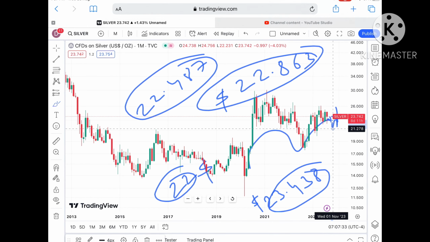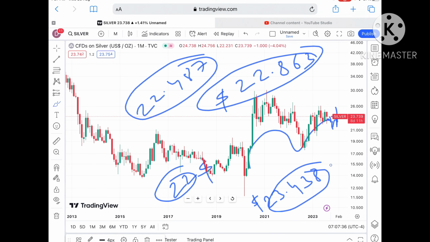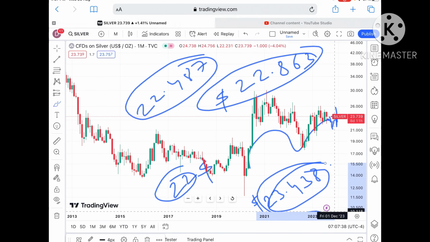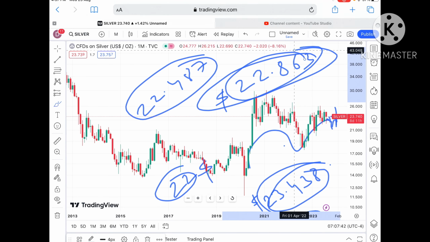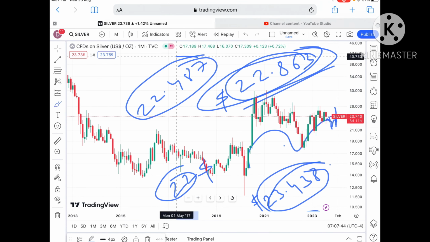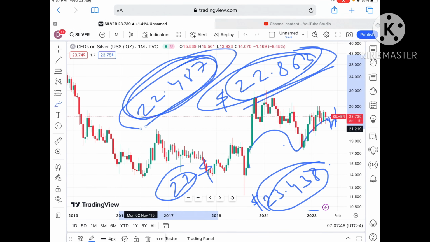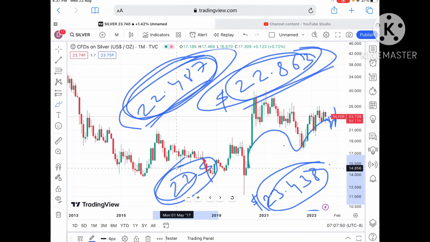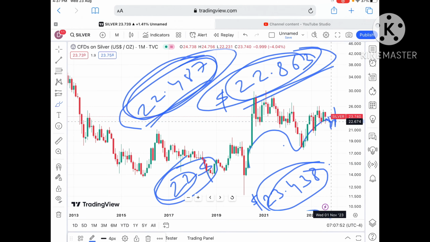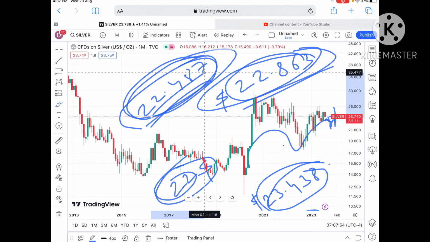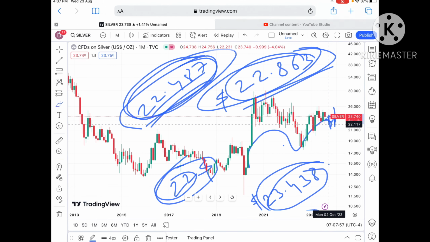As soon as it started falling below a level of $23.72, we can see a level of $23.438. After that, we can see it will touch a level of 22.863, and if that level also didn't sustain, we can see a level of 22.487. As soon as it started moving below this level, we can see it will touch a level of 22, and I've already explained to you that if the price falls below a level of 22.487, a chance of moving towards 22.117 will be there,